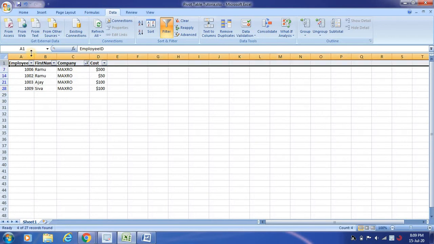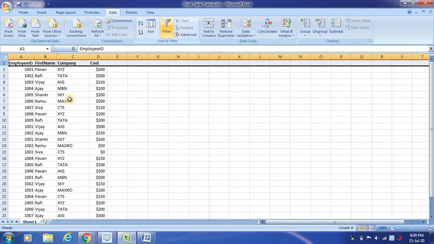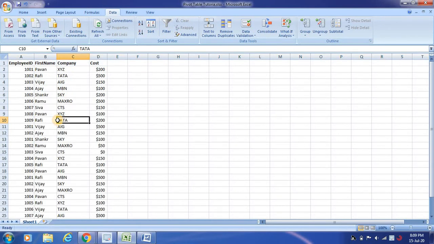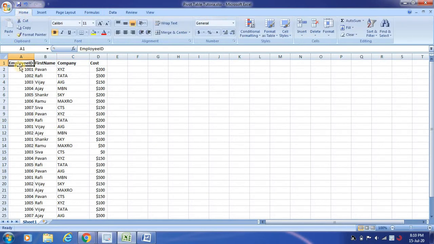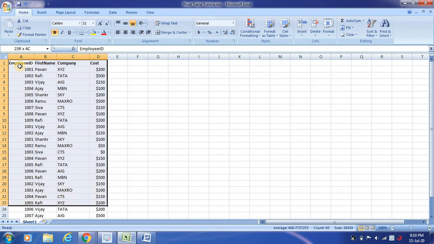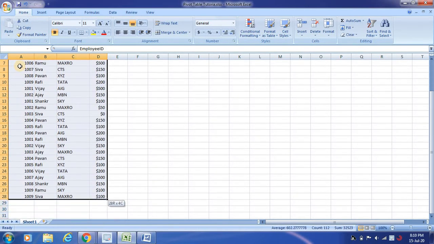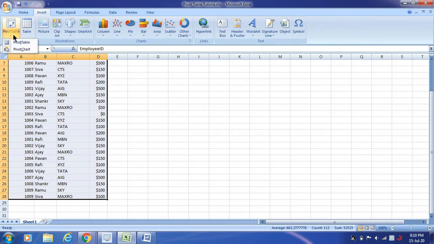So now I don't want to do it one by one. I wanted to display the entire data in a systematic data representation. In such cases, pivot table will help you. So how to do that? First, you need to select the entire data, whatever you wanted to have. Select the entire data range, on what range you wanted to apply the pivot table, and then click on insert and click on pivot table. Just select the first one.